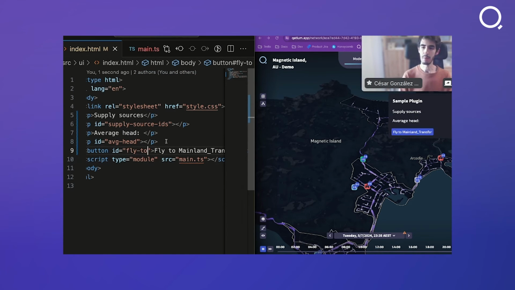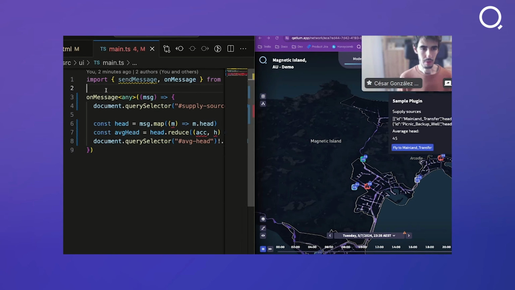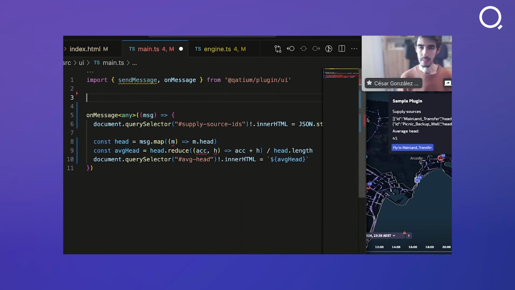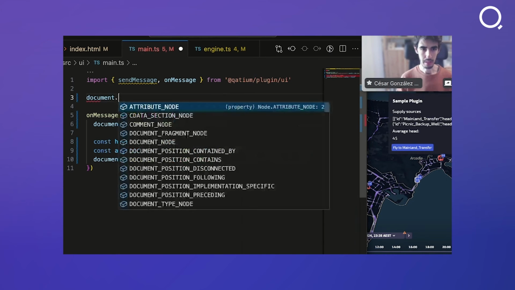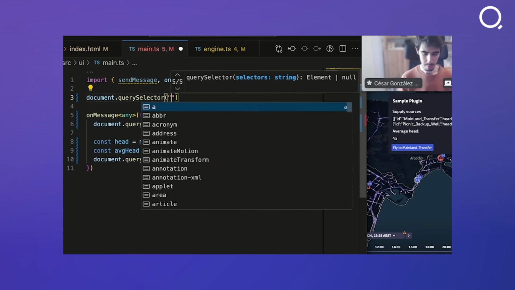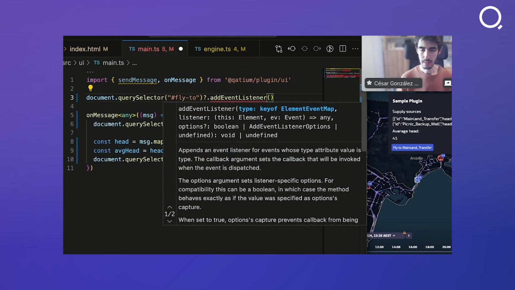So when you click this button, now it's doing nothing because we don't have any code connected to this yet, but it will fly the camera to the exact point. So for that, we can do something similar as before, and using the same API, I'm going to connect with this button, which we have called fly to,